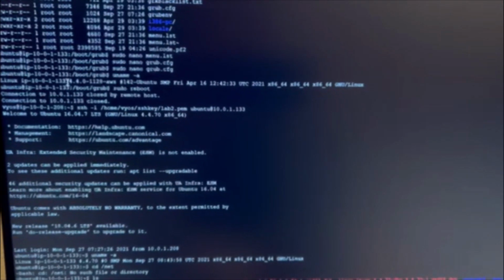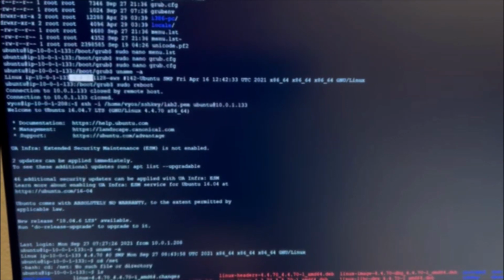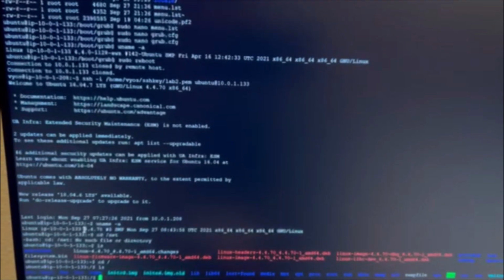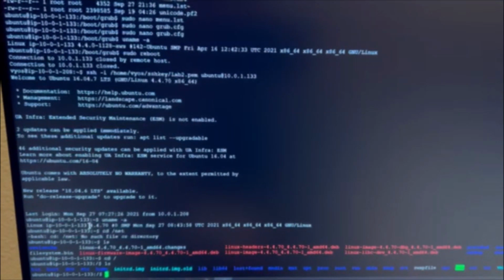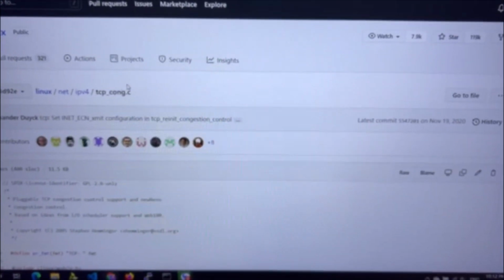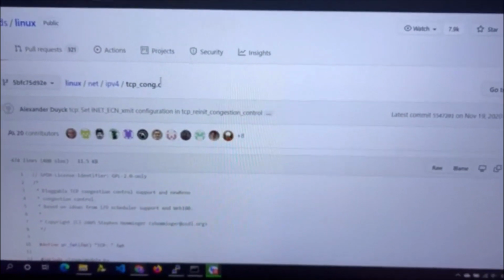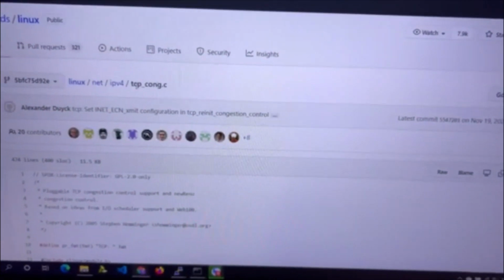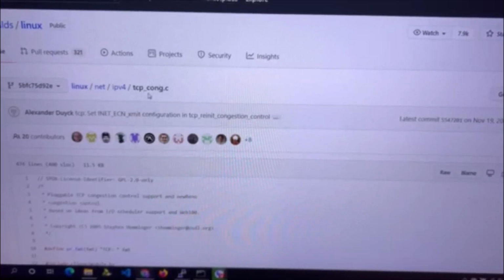Okay, so now I've changed the Ubuntu kernel version from 4.4.0-1128-aws to the one I just compiled from the source code. And there are a few changes we have to make in the source code in order to compile the kernel that we desire. So the first thing we have to change is this